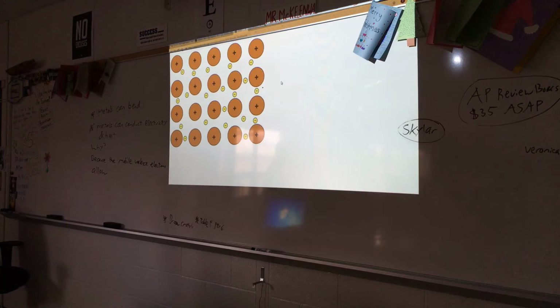Now, back to the boat analogy. Let's say you guys are all boats anchored next to a dock. You ever been next to a boat that's next to a dock? If it's a smallish boat, you think you can push it a little bit? Why? Because it's on the water. So, why can metals bend? When there's a force applied, what do the metal cations do? Slide on what? The sea of electrons, just like boats in water. If you push it with enough force, it will slide. Does it break? No, because there's a constant force of attraction.